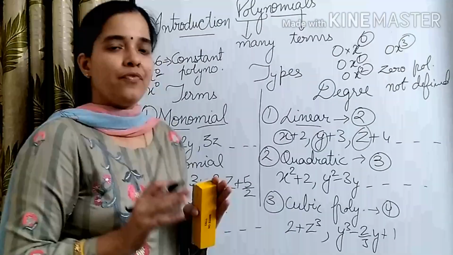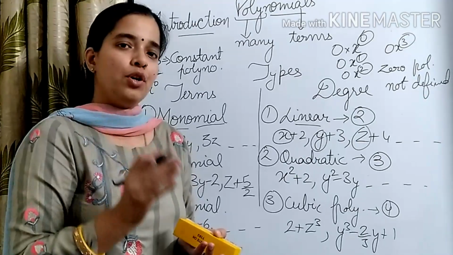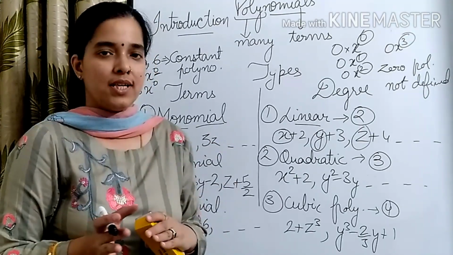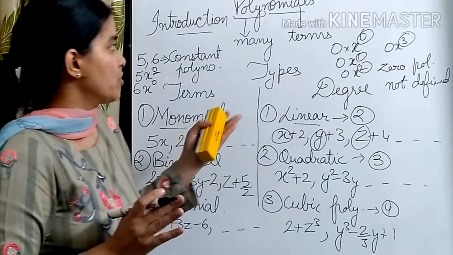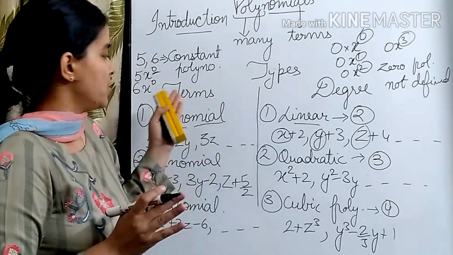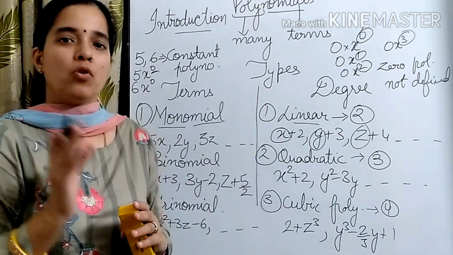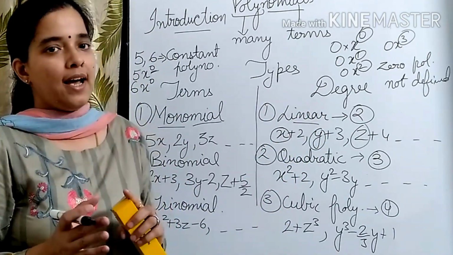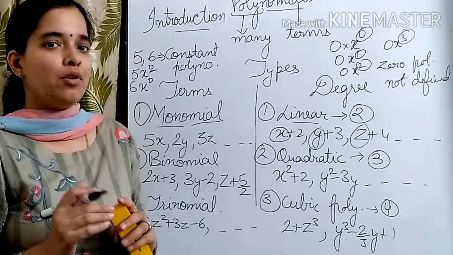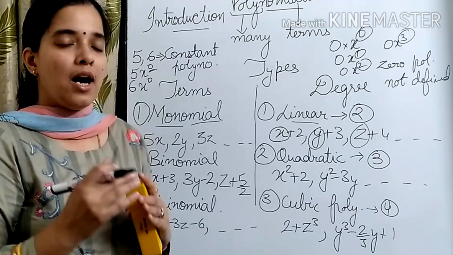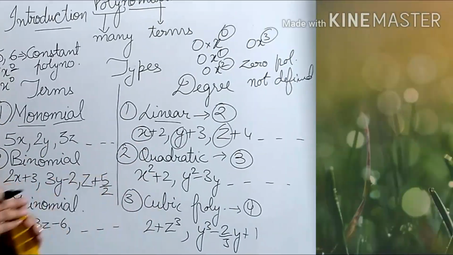We have studied today the introduction of polynomial. Then I told you about variables, constant. Then I told you how to divide the polynomials on the basis of terms, on the basis of degree. Then I told you about constant polynomial. And in the last we have discussed 0 polynomial. Then I also told you how many terms are possible at most in linear, quadratic and cubic polynomial.